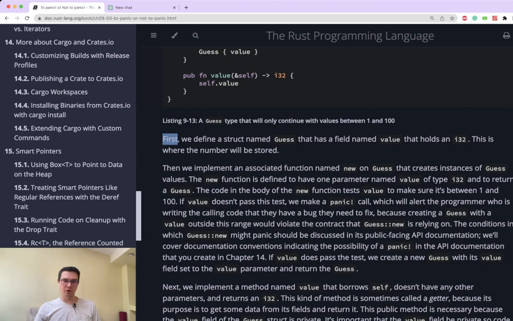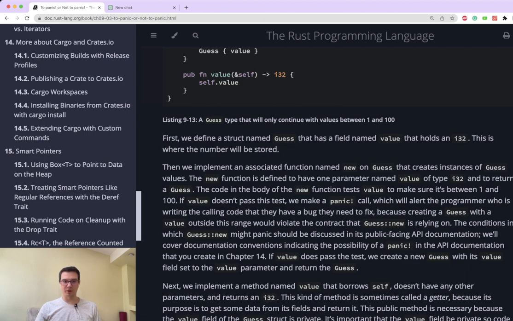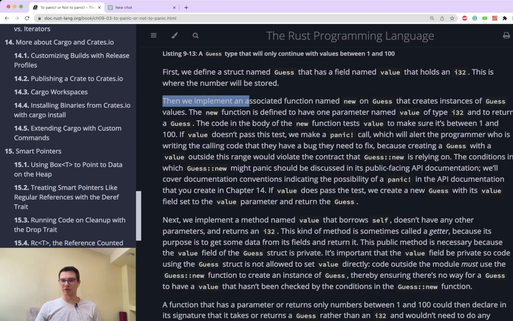So first we define a struct named Guess that has a field named value that holds an i32. This is where the number will be stored. Then we implement an associated function named new on Guess that creates an instance of Guess. The new function is defined to have one parameter named value of type i32 and return a Guess. The code in the body of the new function tests value to make sure it's between 1 and 100. If value doesn't pass the test, we make a panic call, which will alert the programmer who is writing the calling code